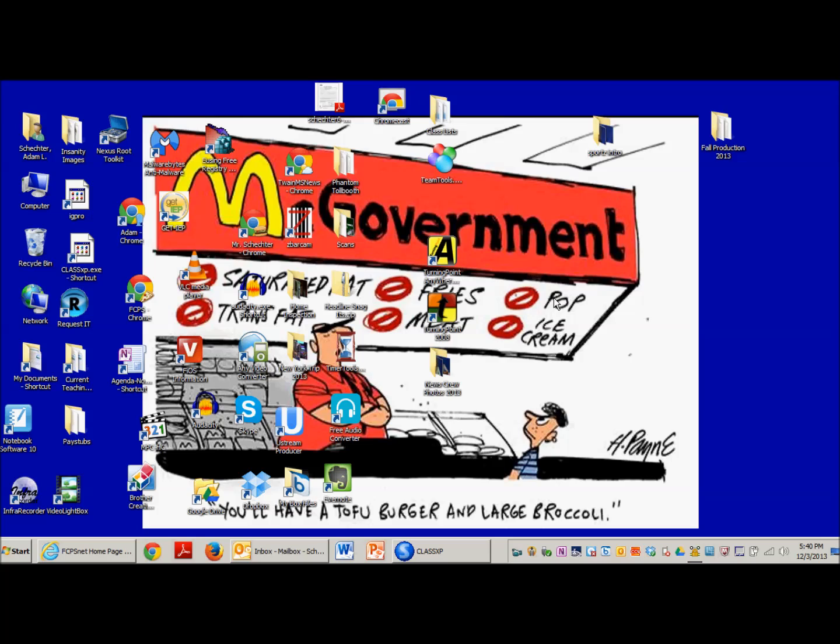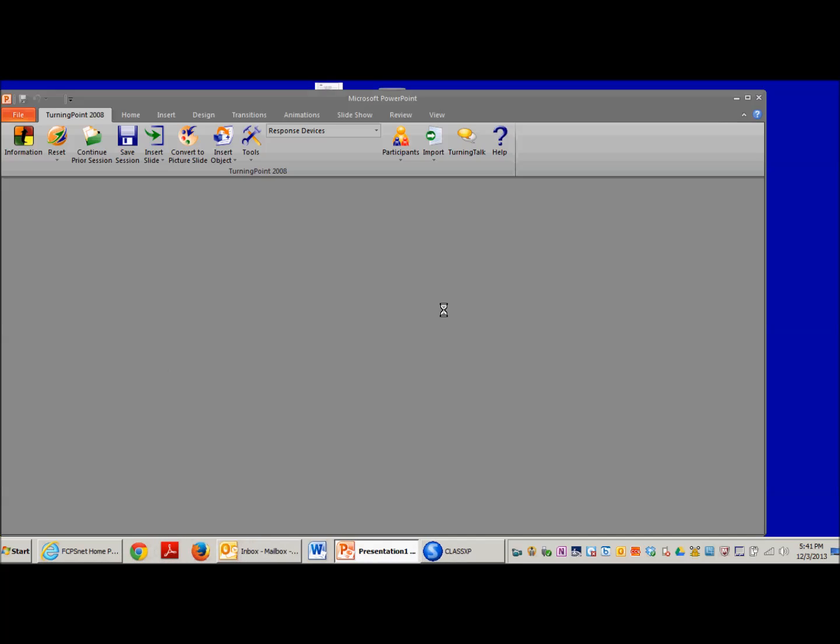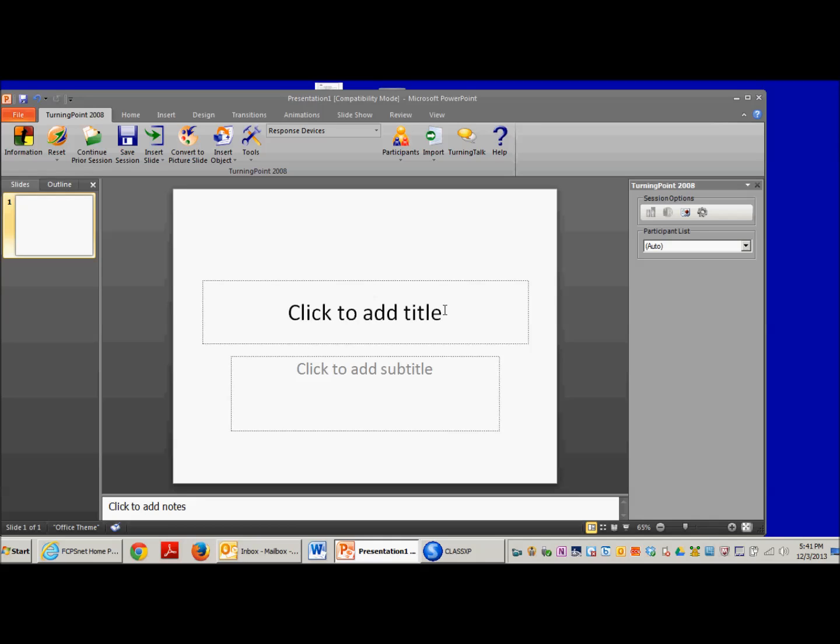The first thing about Turning Point that you should know is that it is an add-on to PowerPoint, but you actually have to open it first. So over here I have my icon for Turning Point, and I will double click that, and it will open up PowerPoint. But now I have an extra tab over here for Turning Point. And we'll get to some of these options in other videos, but for today, we're going to go and start